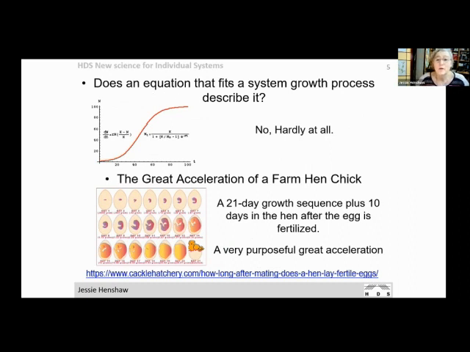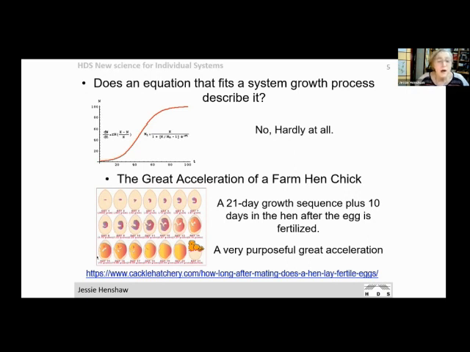So does an equation that fits a growth process describe the growth process? Well, no, it's just an equation. It hardly describes what's going on at all. Here's the great picture of the great acceleration of a farmhand chick starting 10 days before the egg is laid, so off the chart here, and then 21 days after. It grows by an explosive big bang at first,